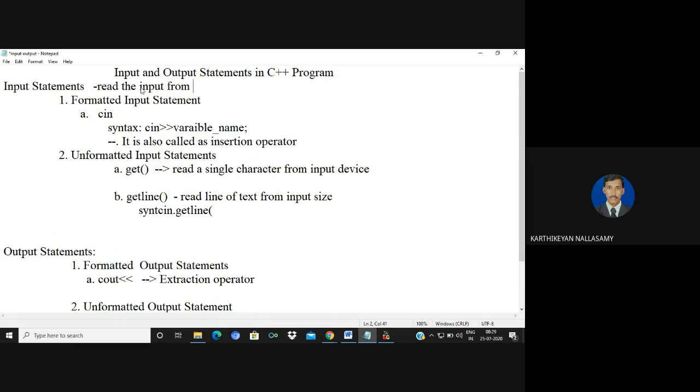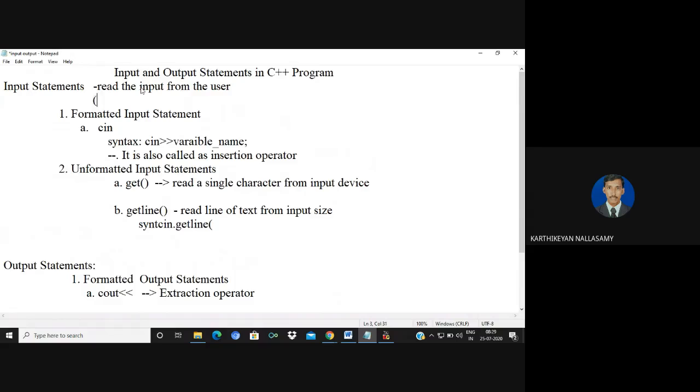There are different possible ways you are going to read it. You are going to read either in the form of numbers, as you know, the different kinds of data types supported by C++, or in the form of alphabets. By using these kinds of input statements, we are going to read numbers or alphabets.